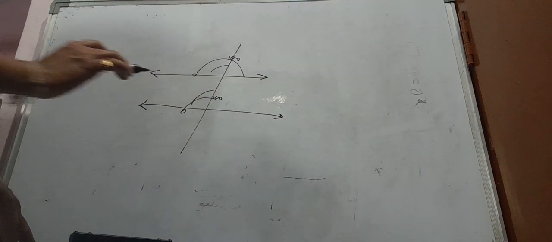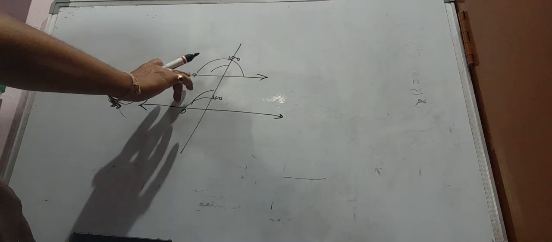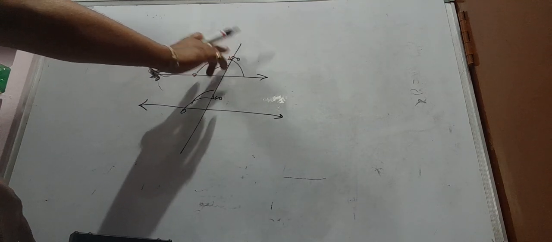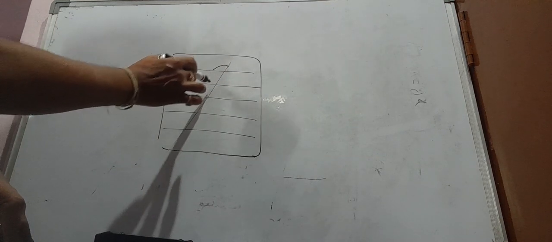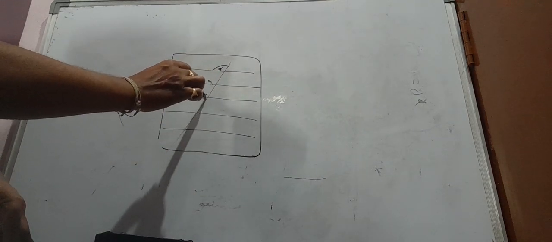So why did I write 0 here? To put the protractor's 0 side here, and here it will be nearly 100, or some 99, 90, according to the slant position. I am telling you the angle. To know the corresponding angles are equal, you take one ruled paper, like in any notebook, and draw one line like this, and with a protractor you measure these angles 1, 2, 3, 4. All these angles will be equal.